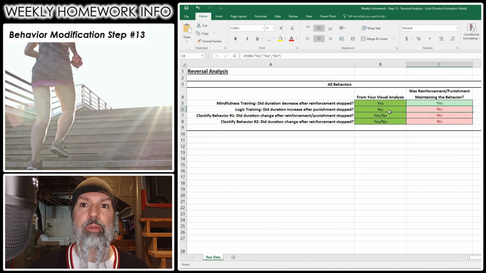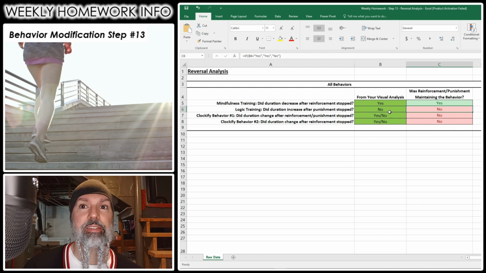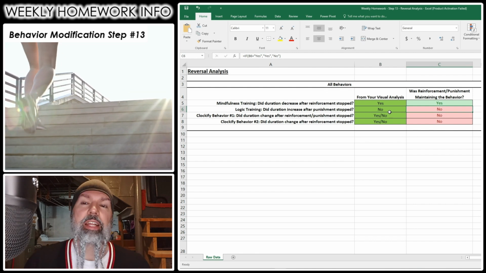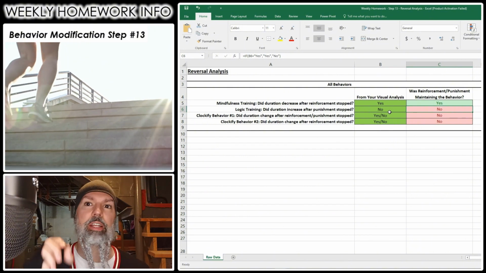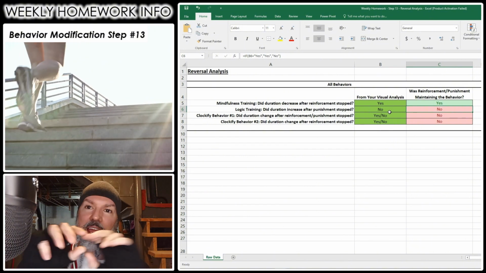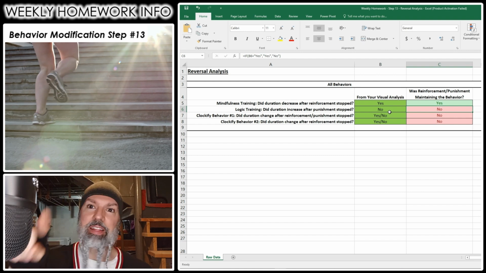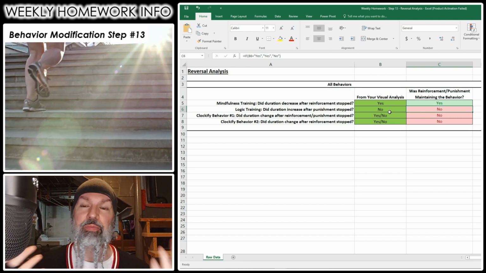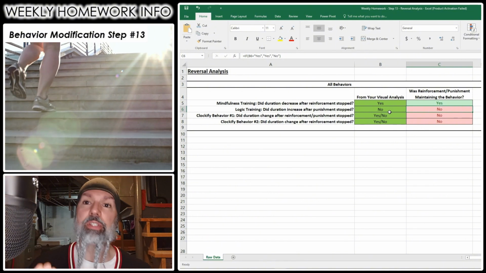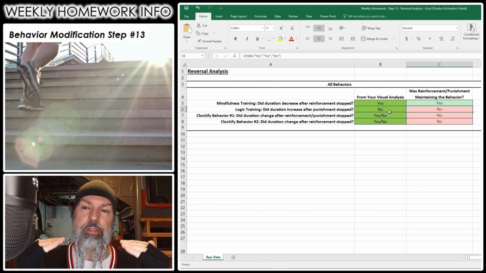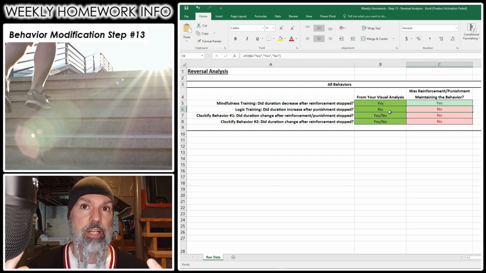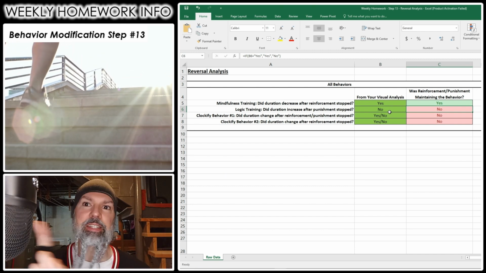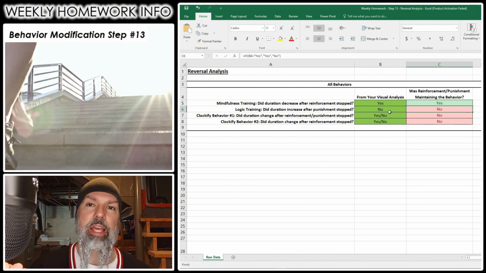Maybe you just got into it. Maybe you started to identify as a person that is good at these logic puzzles. So you just kept going with it because you found it naturally reinforcing. It just made you feel good to click on that last circle and get that you completed it successfully, look at that little bell curve and see yourself on the left side of the bell curve. And you're like, oh my gosh, this is great. Maybe that was starting to reinforce the decrease in the logic duration, the faster logic training. Whatever it is, this reversal procedure indicates that it's not the homework points, in this case, that is maintaining the